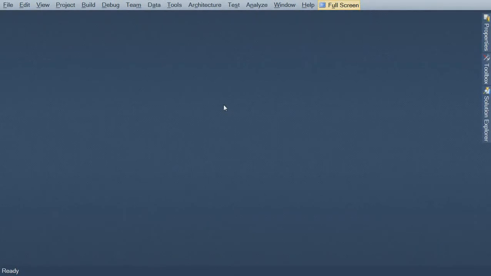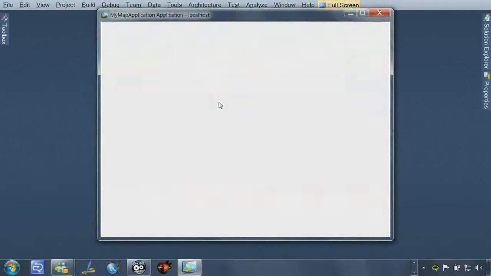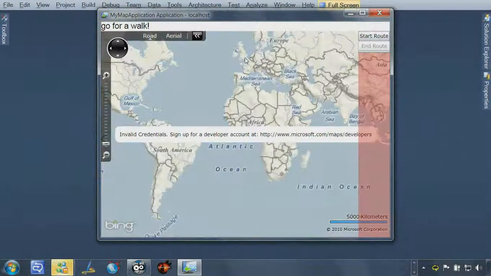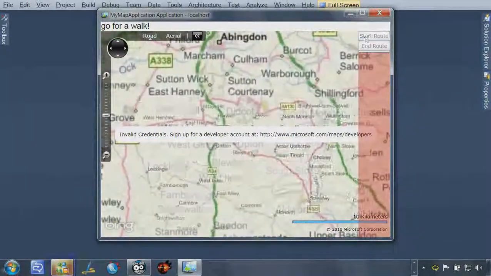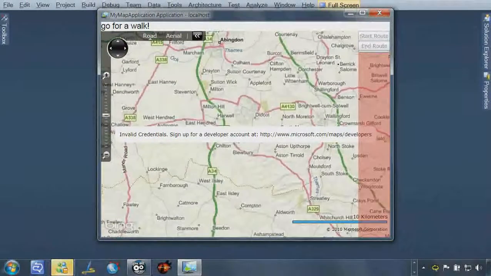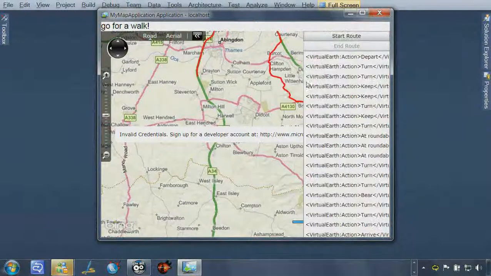Now, one of the things that's happening in the application at the moment that's not really very nice: if you press F5 and run the application back up, zoom in somewhere and very quickly pick out some roads, so start a route from here, end a route over here, whilst it's calculating that route, we don't get any kind of notification that the application's busy. There's lots of ways that a UI designer might do that, but one of the things we could do is